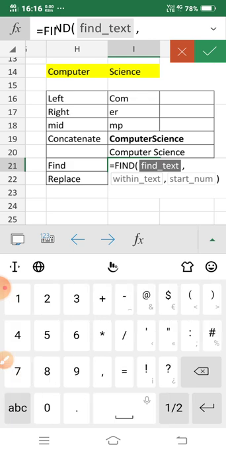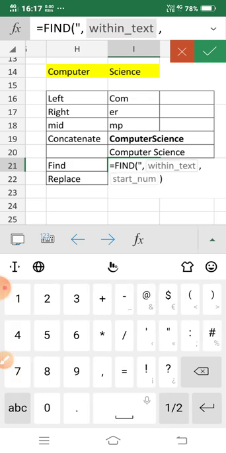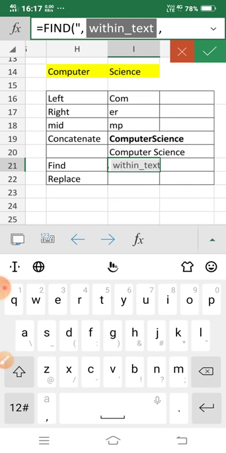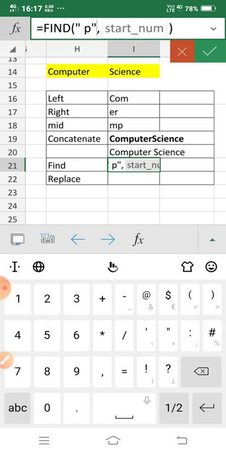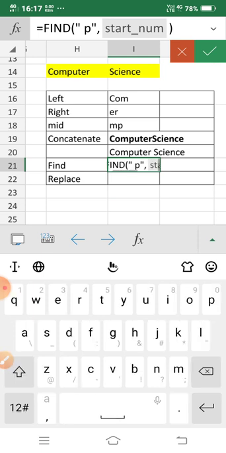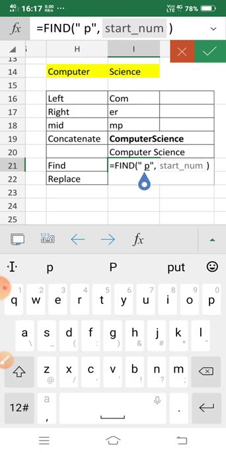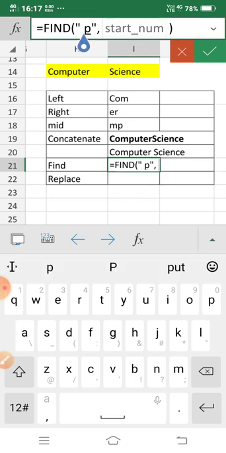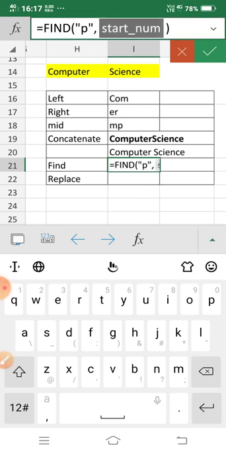double quotation. Okay, then write here P. Okay, so I am writing here P, then again double quotation, because P you have to write within a double quotation because P is a character. Okay, so after this start number.